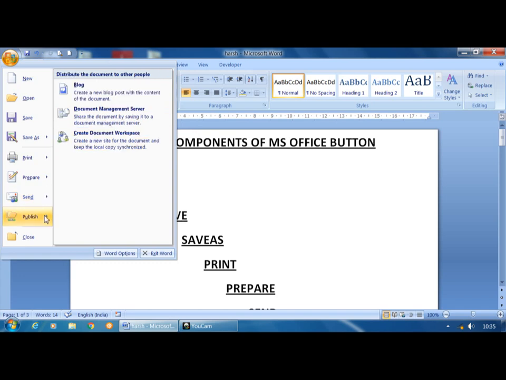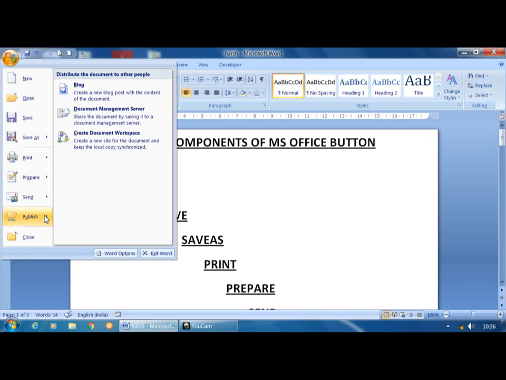And next one is the Publish option. So with the Publish option, I can create my own blogs. What is a blog? A blog is nothing but a space provided for the user on the internet. If I have written some song or some story and I want to post the story on Facebook, I can create my own Facebook page, not a Facebook account.